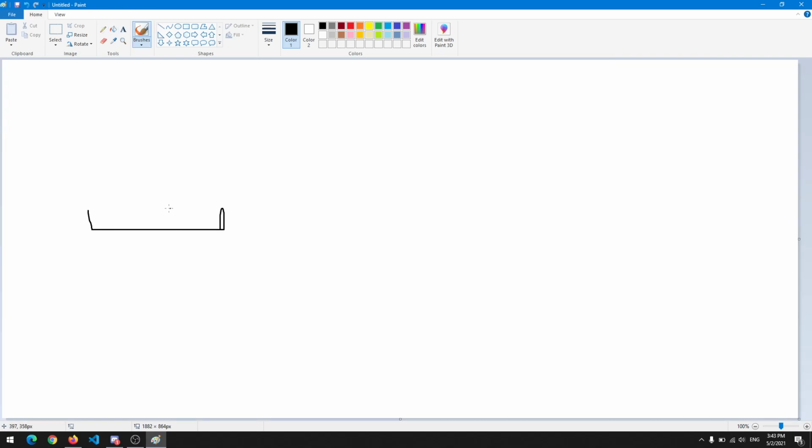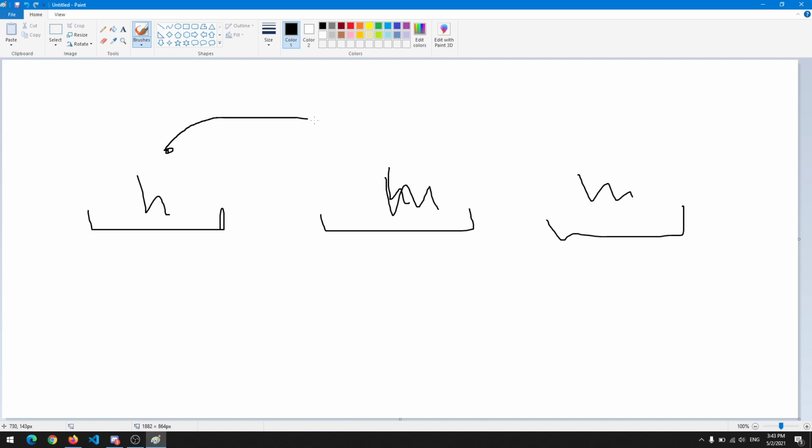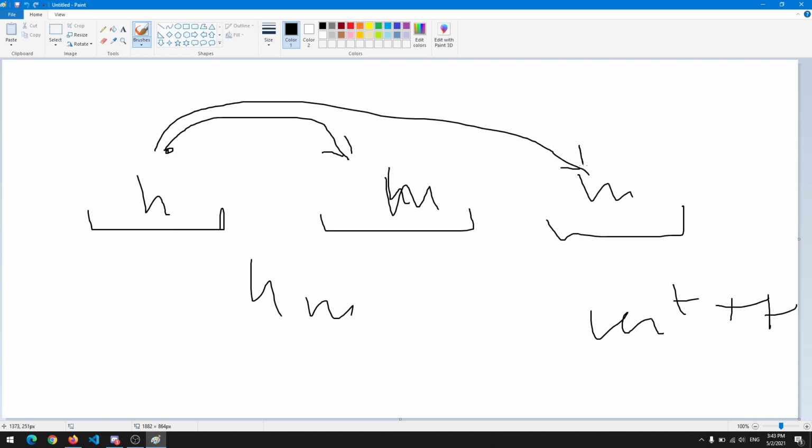So let's say I have a heavy here, and I have a metal here in the string, and a metal here in the string. So I can use this heavy any time, as many times as I want. So I can use this heavy and metal to form a heavy metal. So let's say we have a count here, so we increment it once, and then again I can form a pair with this one, and we increment it again. So these are two heavy metals, and we can use heavies and metals as many times as we want.